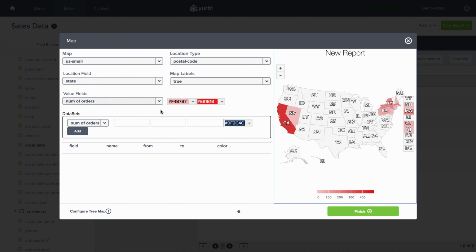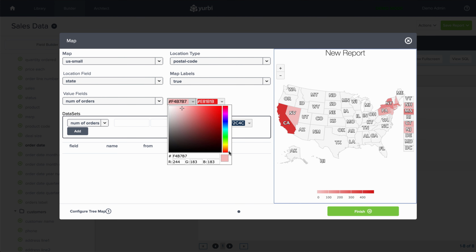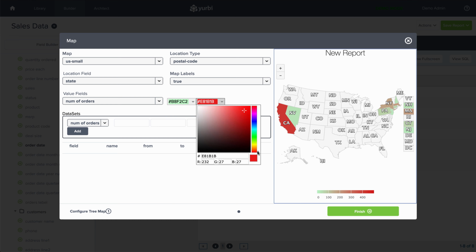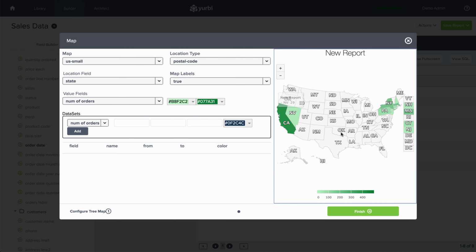Next thing you can do is set your colors, and you'll see here that I have a color selector where I can go. So orders are typically good. I'm going to say we're going to use a green shade here, and it'll be a cool green shade for the low range, and then I'll change that to a hotter green shade for the darker range. And you can kind of see as I adjust that, my map shows me the preview of how those colors work. So very easy to set up, and that's one model.